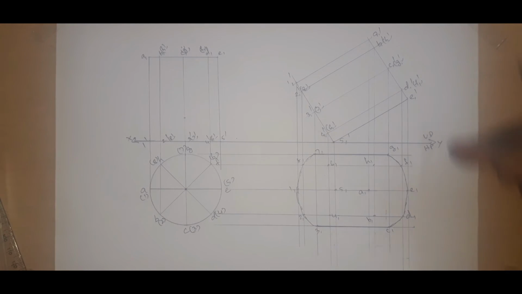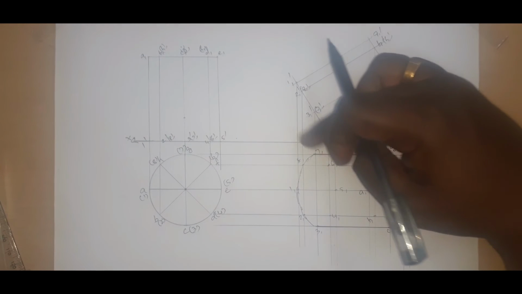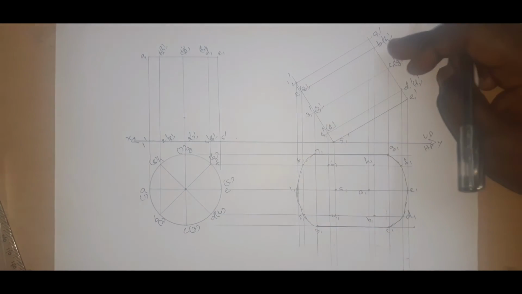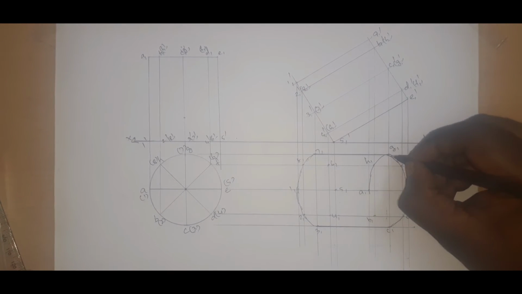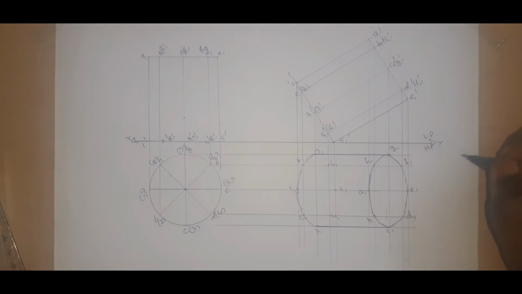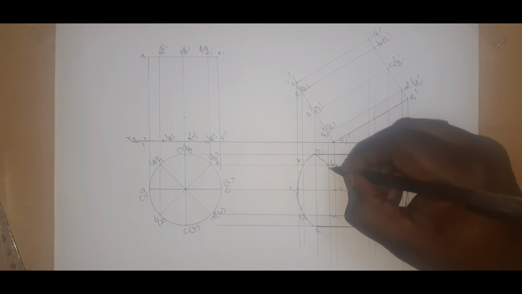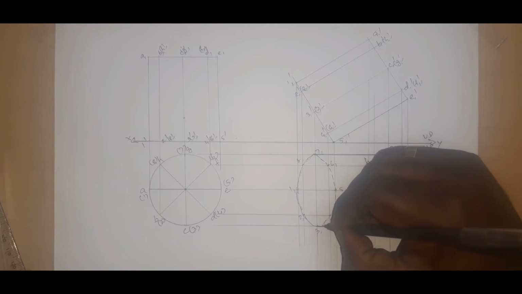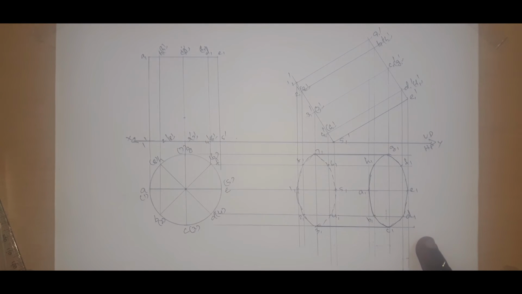Next, while seeing from the top, while seeing from this side, are you able to see this one? This numerical face you cannot see. Only the alphabet face you are able to see. So you can join it like this. The numerical face at the bottom you cannot see, so you join it with dotted lines. So can you imagine the cylinder in this way? So this is the simple position of the cylinder.